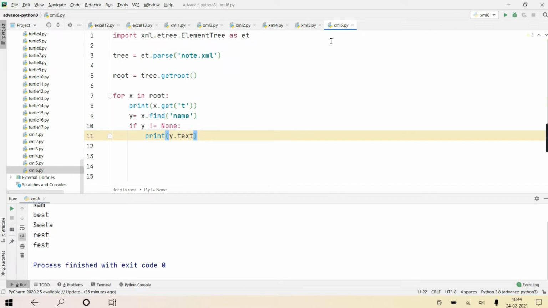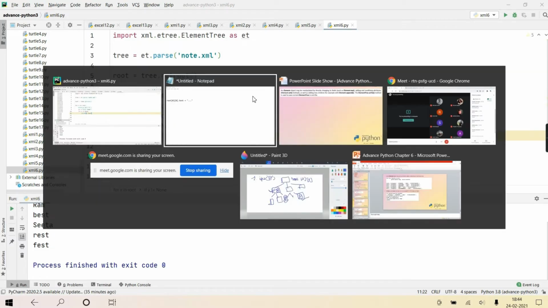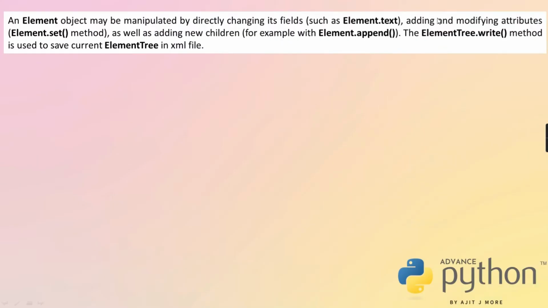Exact same procedure. Here you do the changes in the XML, but those changes are only in the memory object. That should be again reflected in your disk XML file. So last you will call the write method of that element tree. Okay, how to call that also we have to discuss. So till here it is clear. In one line only I have tried to put so many things. So first, till here, we'll take a pause.